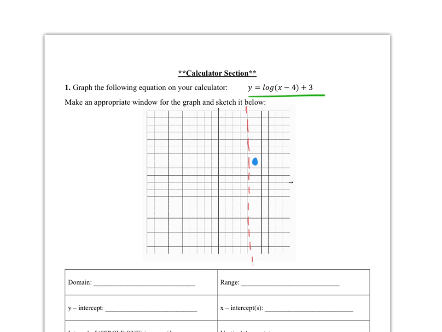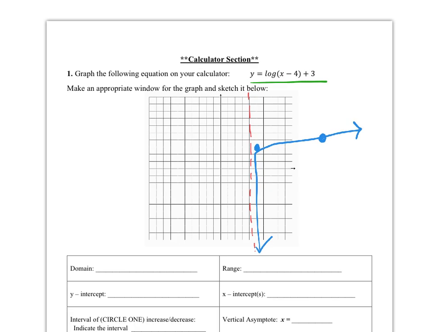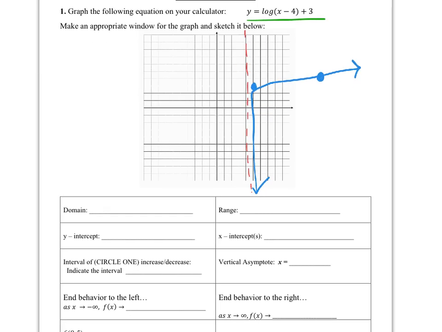And there's not really an even one for a while. There's one at 14, 4, which is out here somewhere. So it's going to come up and continue. So we've got our asymptote, we've got a couple points, and we have the shape correct of our graph. The domain of this graph, since we have that vertical asymptote, it's going to start at the asymptote but